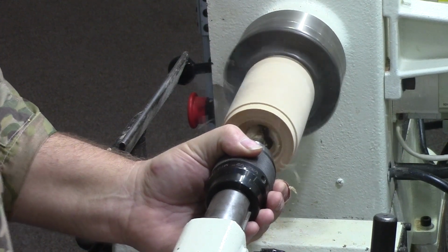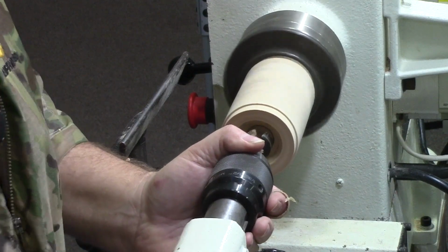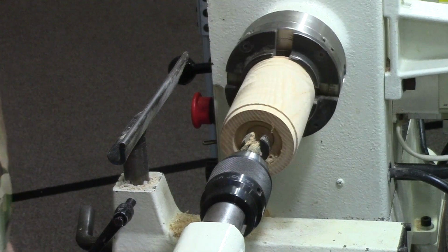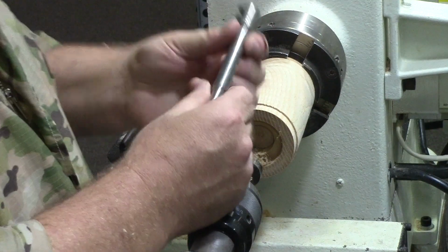Okay. Now that's not as deep as I need to be, but for the sake of time, I'm going to lie to you and tell you it is. Okay? So now, what most instructions will tell you the next step is to use an extension